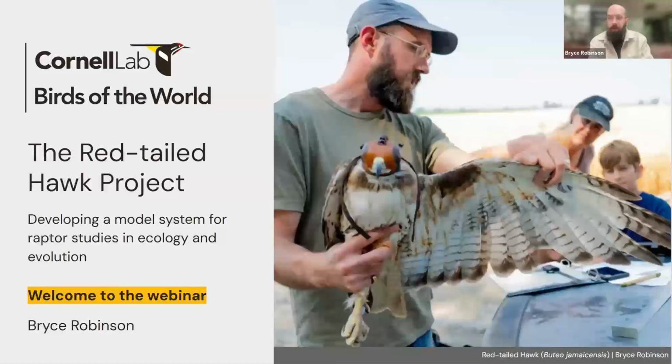So I just want to turn to this image of Nick because I want to touch upon some of the work that Nick is doing for his dissertation in Michigan, because it's a good example of some of the things that we can use these movement data for in our project. Nick is looking at the movement of red-tailed hawks in the Great Lakes region. For those of you that don't know, red-tailed hawks don't like to fly over water, so as they move north during spring migration, the lakes segregate birds along their shorelines as they move north. And this spot here in northern Michigan